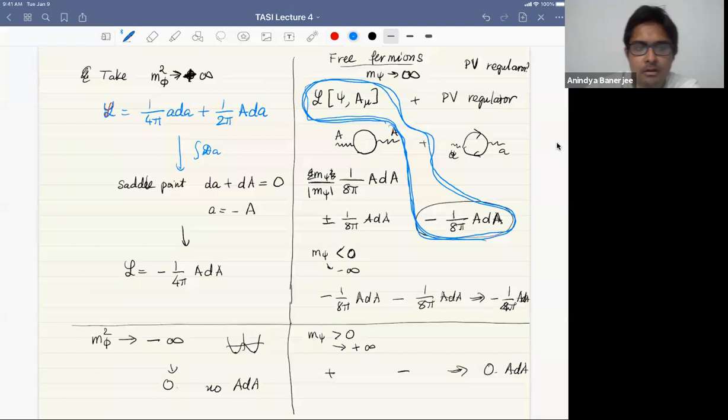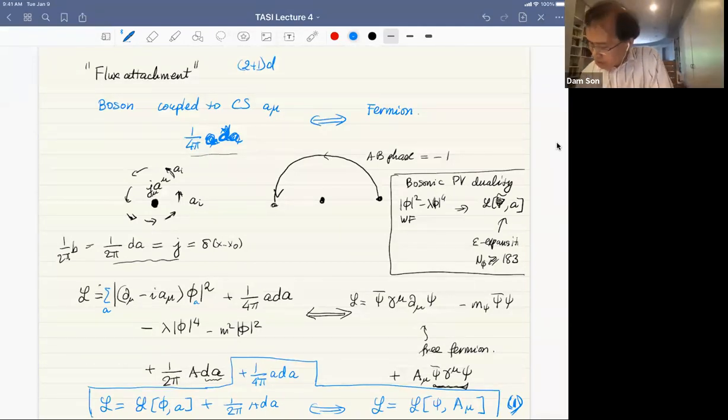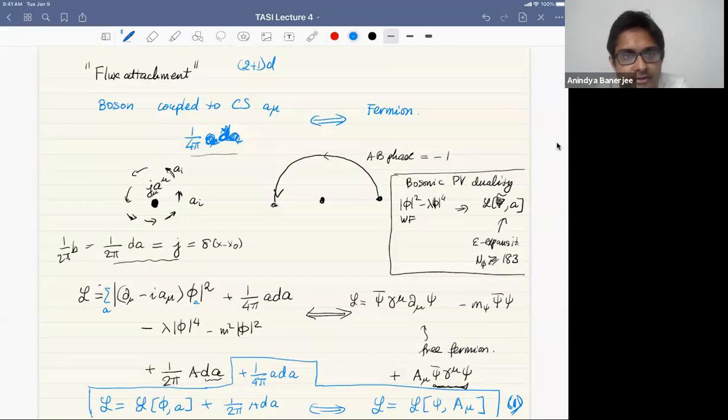Next question. Yes, sure. If you consider the bosonic theory with a scalar particle that has charge greater than 1, so that you can now Higgs down the symmetry to some finite group instead of Higgsing it down to 0, can you compare the finite group theories that are left over in the limit where the mass squared goes to minus infinity? You mean if I gauge? So here you're gauging the entire group away. So I'm asking if it is possible to gauge the group away in such a way that some finite group is left over.